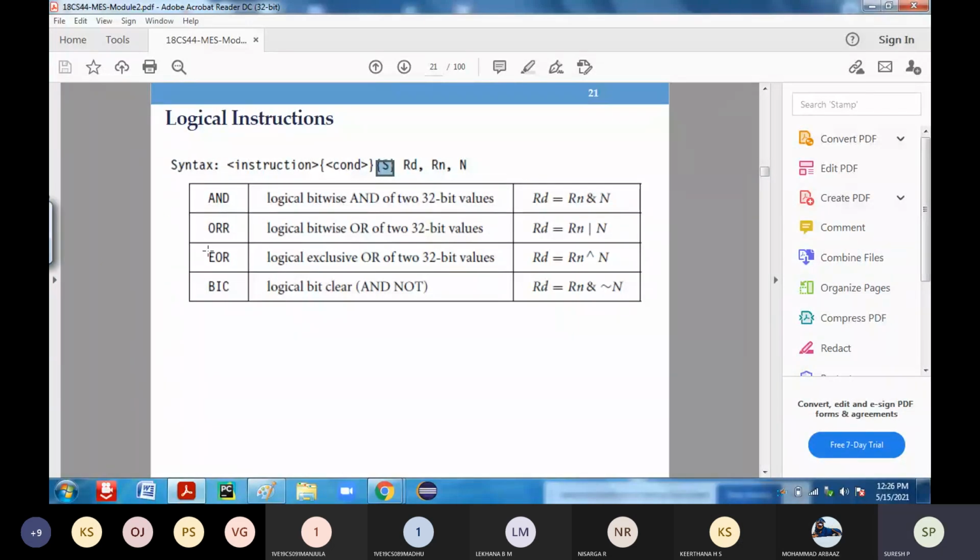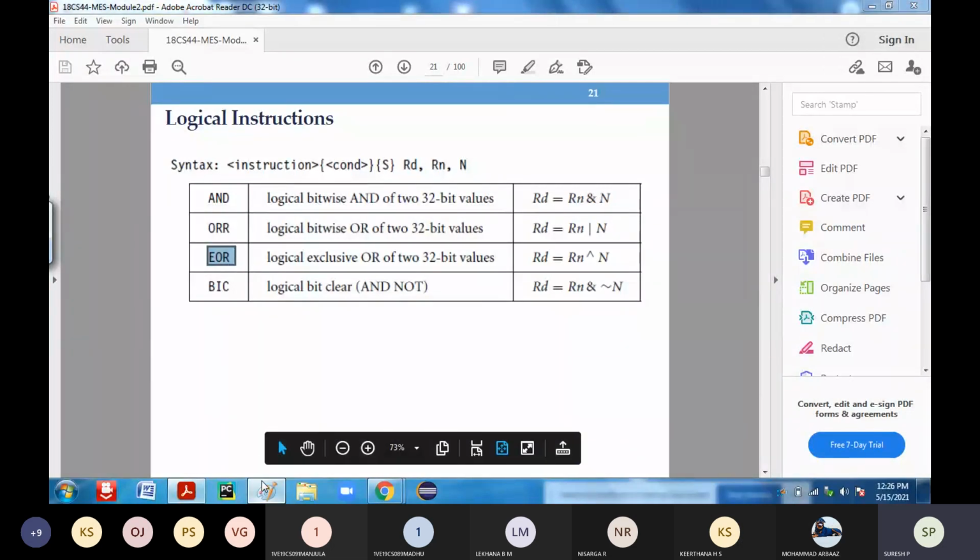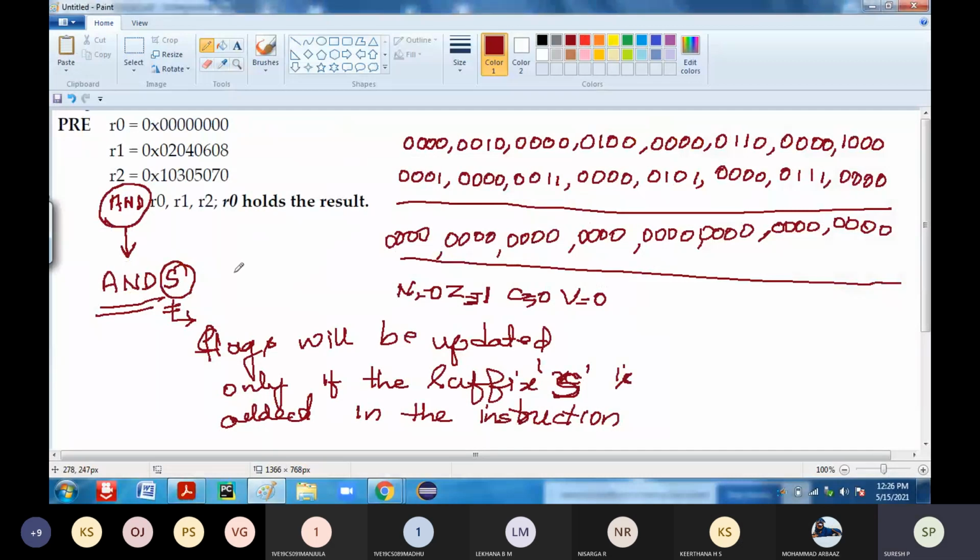The same thing happens in your XOR instruction. Can you try it out for the XOR, with the same values?